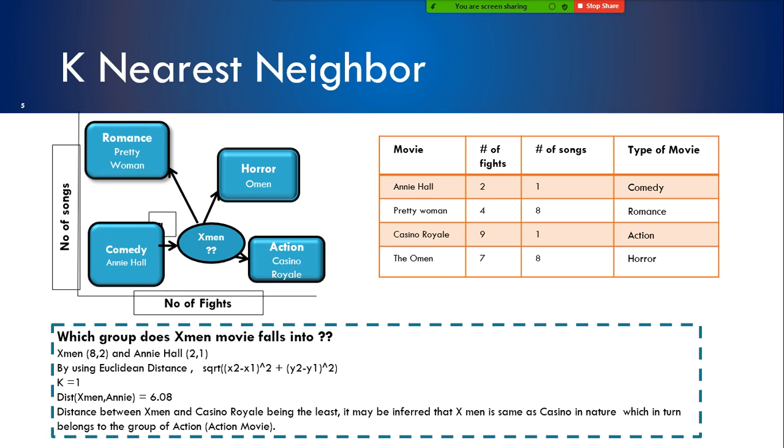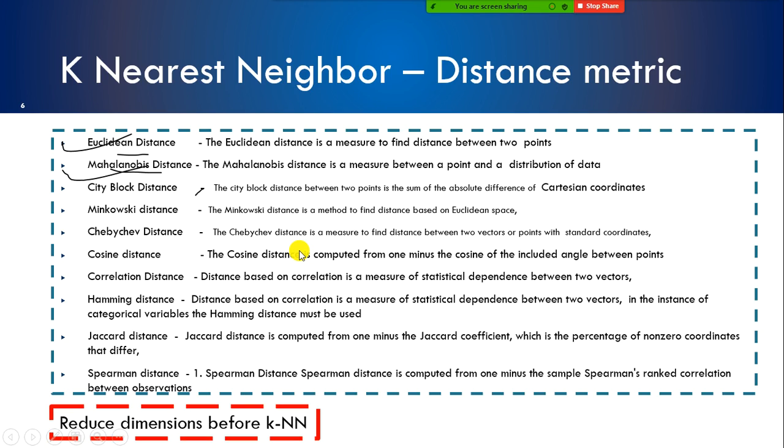X-Men is the category, right? So hope you understood with these examples. These are the different distance metrics that are available: Euclidean distance, Mahalanobis distance, city block, Minkowski. I listed out all kinds of distances. Probably you can go through these distances if you are very interested in exploring each and everything. But most of the time use Euclidean distance, and